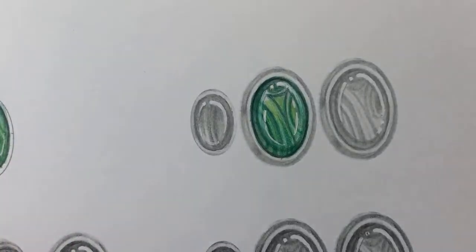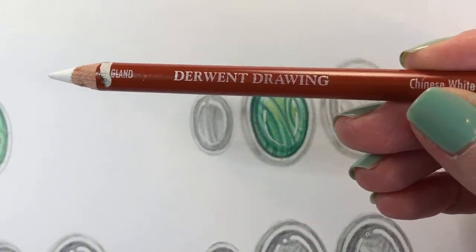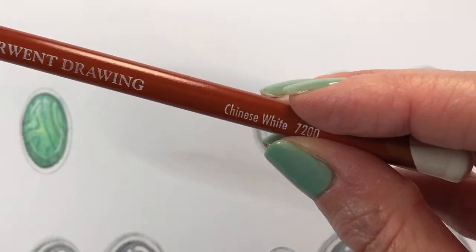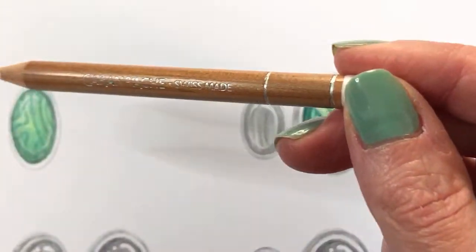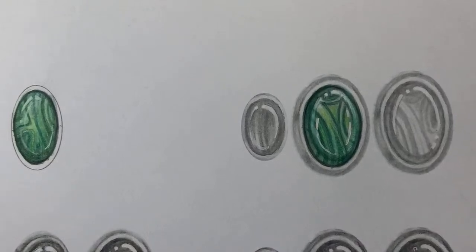Oh, and I did not tell you guys that I do have a white Derwent Chinese White pencil that I'm going to be using. I just feel like a couple of the Prismas I just got for some reason are a little crumbly, the white ones, and I don't know if there's a problem with them. I've never had that happen before. But generally speaking, I feel like this white is a little bit bolder. It's a little bit whiter. It's a drawing pencil, but I really, really like it. You can use your Prismacolor white, or you can try to use your Lumi white. That's fine too. And then I also put, for some of the other stuff that we're going to be doing,